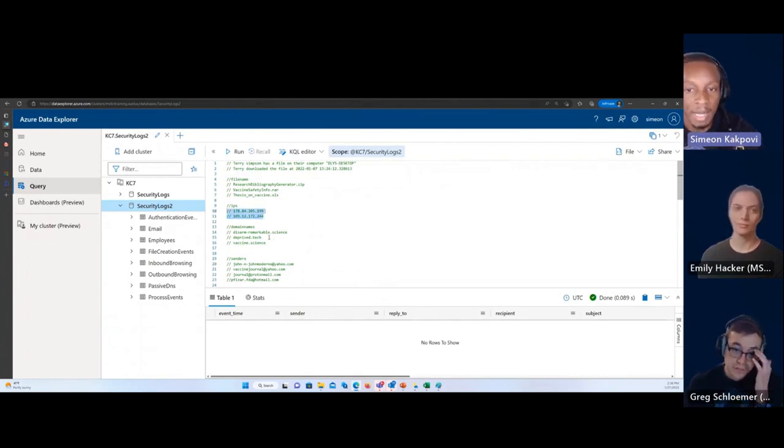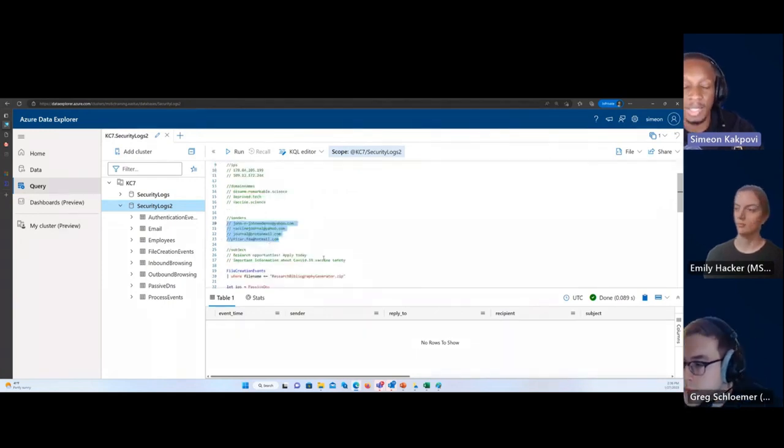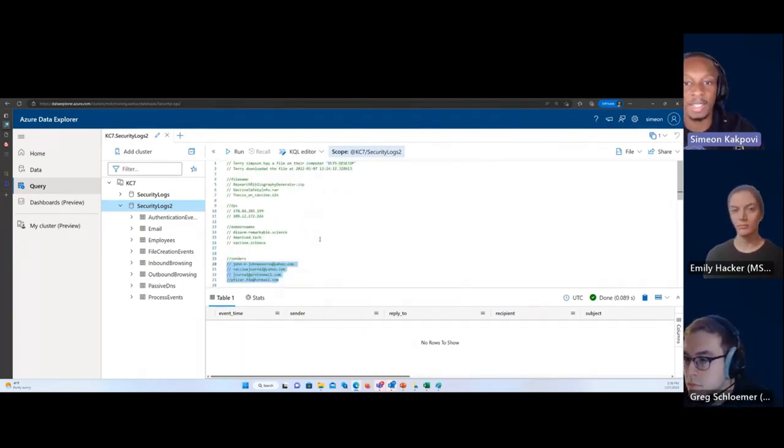So I have a list of IPs that they bought at some hosting provider, a list of domain names that they registered. I have a list of sender email addresses that they went to yahoo.com and registered, and I have a list of subjects and file names that they have. And I can keep on building this into a large graph of all the things that are related that I cluster together.